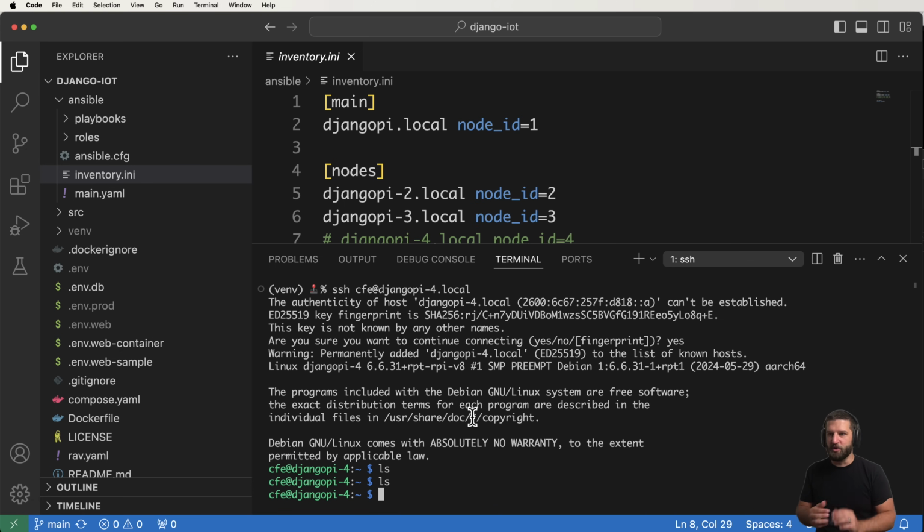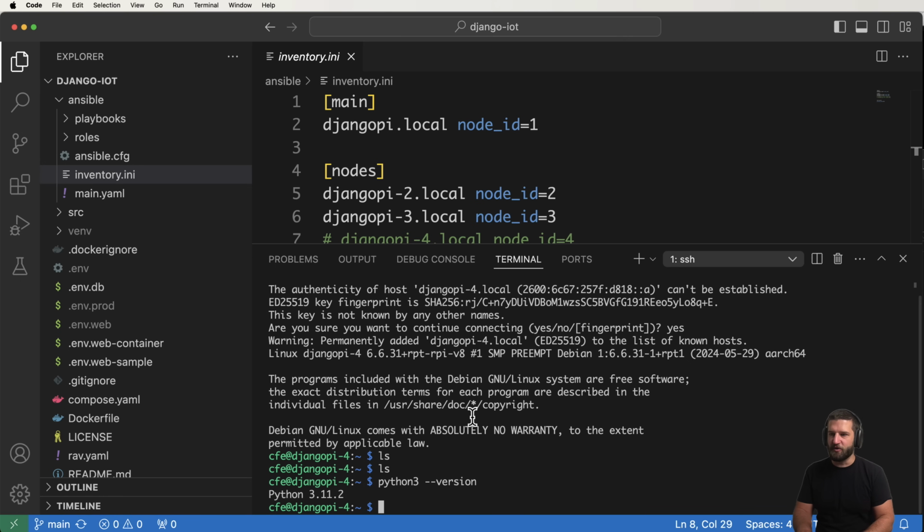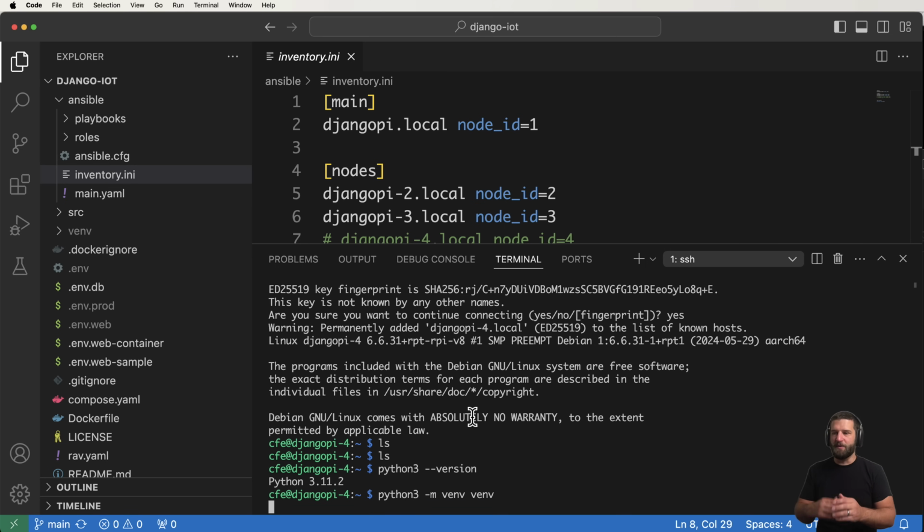So naturally, what you could do is you could do everything manually. You could do something like python3 --version. Let's see the version here. This is 3.11, which is probably fine. We could absolutely upgrade this version if we wanted to. I don't think it's necessary at this time. So what I can probably do is python3 -m venv venv. And what this hopefully will show us is it creates our virtual environment,